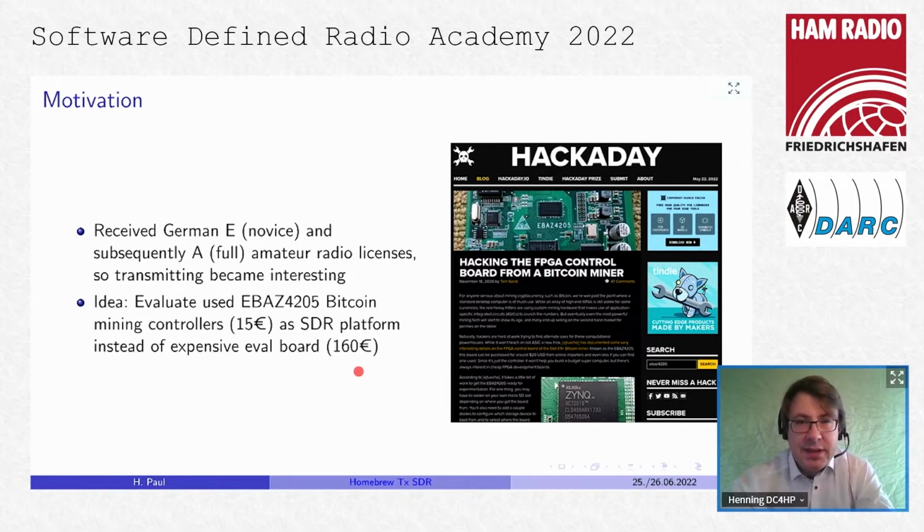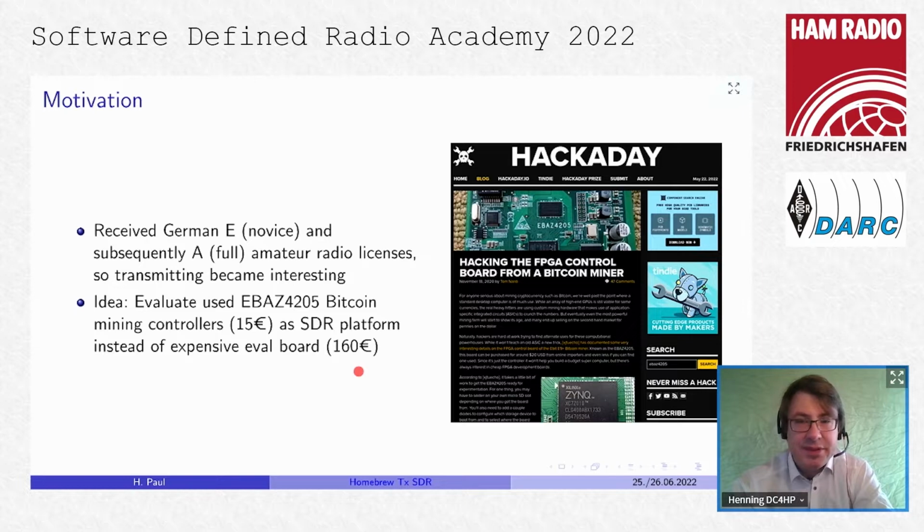And approximately at the same time I was studying for my license examination last year, I ran across an article at Hackaday where they presented a very cheap Xilinx Zynq FPGA board with exactly the same processor that's used on the evaluation board of my receive SDR, and so I got interested in this topic, and I just ordered a board for 15 euros,